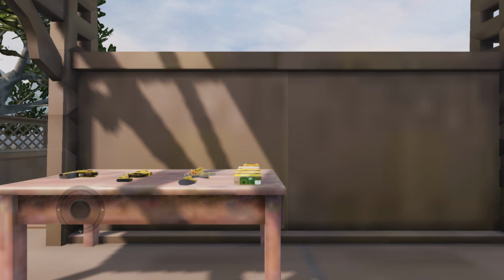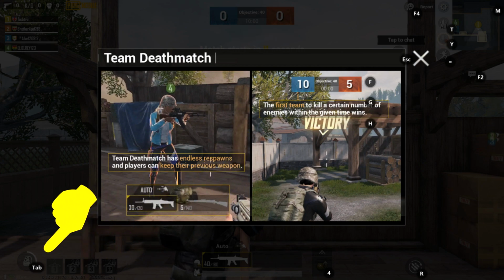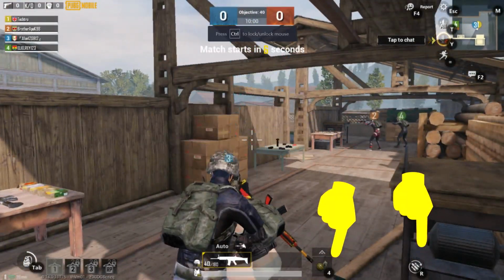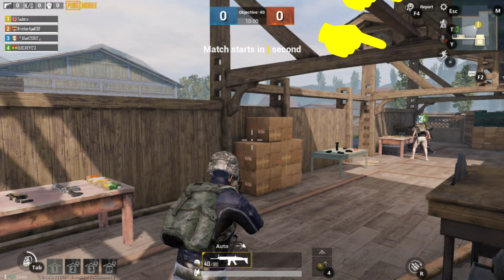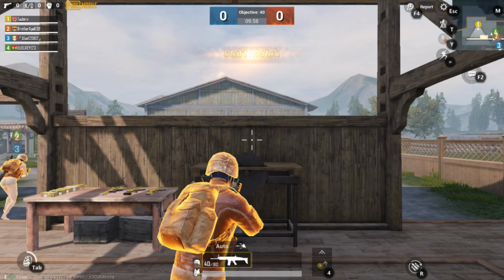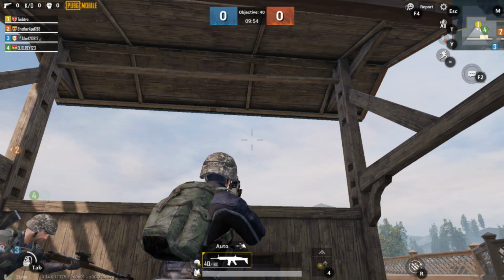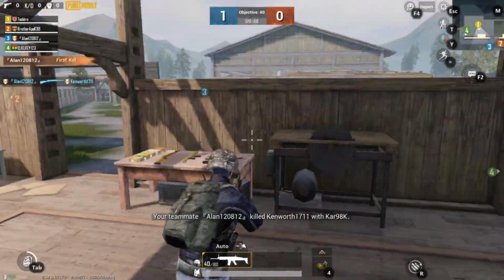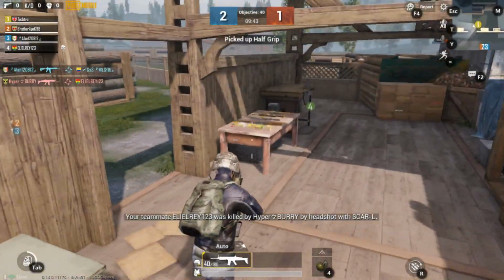So, I mean, sometimes it does take a while to load. I think that's just because of my computer. But as you can see, some stuff are already labeled. Tab is for your inventory, 4 is for the grenade or that slot, R is to reload, obviously. T, Y is for communication, F2 is for pre-chat, and F4 is for like emojis or something like that. But without any further ado, I'm going to show you guys some gameplay. Oh, and if you press control, you will get your mouse going, but if you press control again, your mouse will become your aim, pretty much. Go ahead and show you guys my